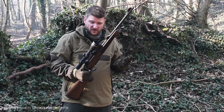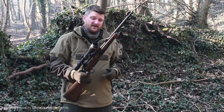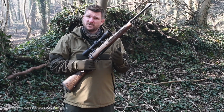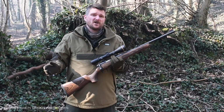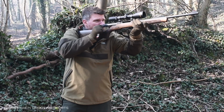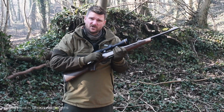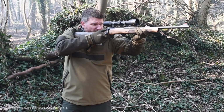Well, on this brief review of the Haenel Jaeger NXT rifle, I have to say I rather like it. Straight pull is the way forward these days, and so many manufacturers seem to be trying to do it to emulate people like Blaser, and they're not always doing the best job, because the big problem you have with a straight pull is primary extraction and bolt travel. Now the bolt travel on this is not excessive, and you can keep your head on the stock. I'm just going to check this is double clear, and I can now dry fire this